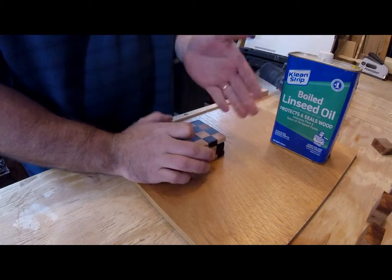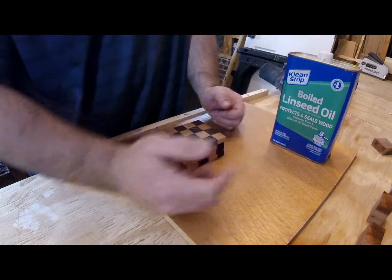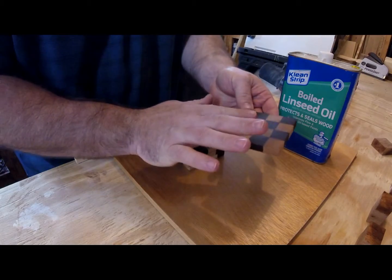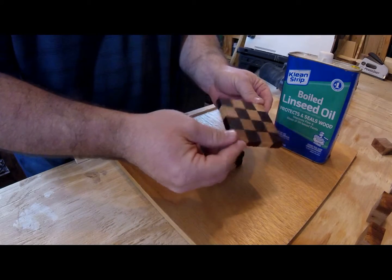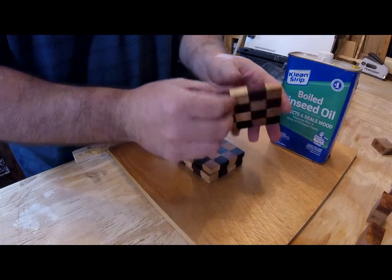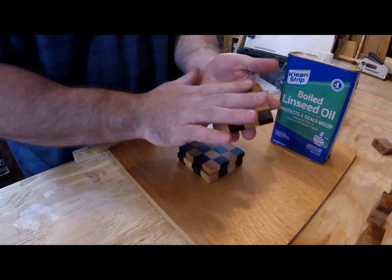It's nothing fancy. You can get it at any hardware store. This is made by Clean Strip, the same people that make brush cleaner and stuff like that. But I coated this with just a nice, thick, generous coat of linseed oil last night, so it's dried about 12 hours, maybe a little bit more, closer to 16, and it gives a nice smooth finish, and it kind of